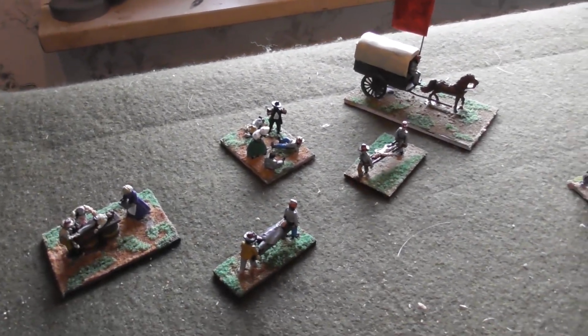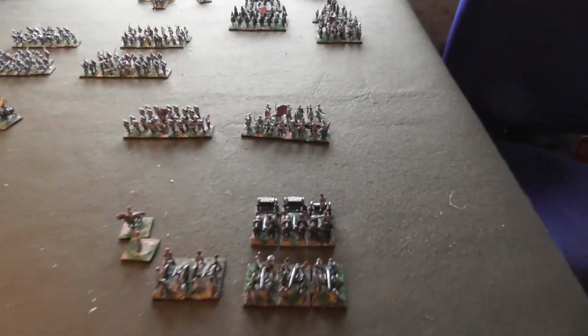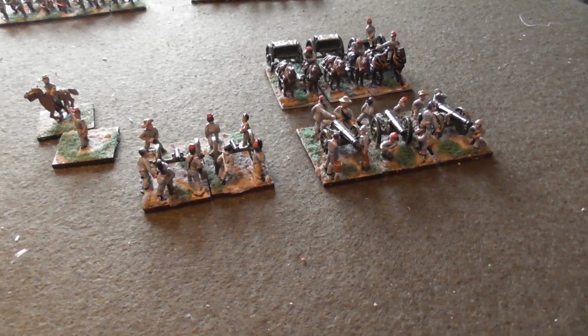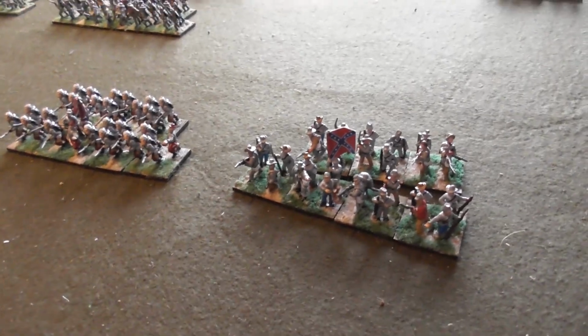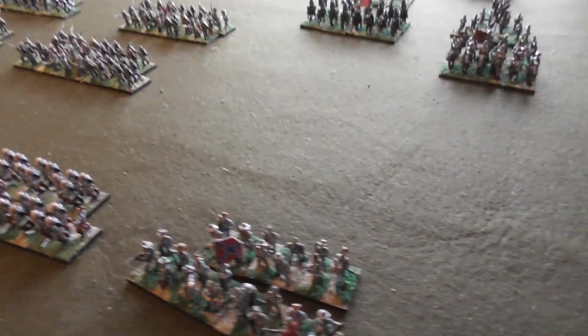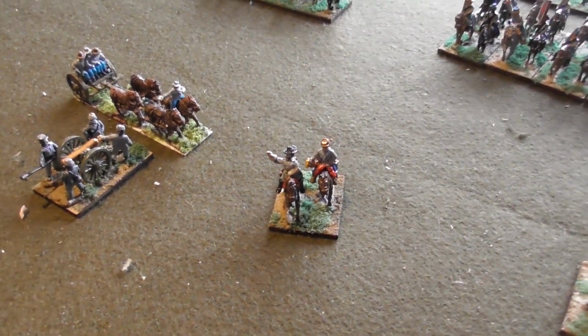In the back corner as an extra we have my Rebel hospital set, and then around here we have, I suppose you could call them army guns, including a couple of commanders and a couple of excess regiments, one of Zouaves and another of generic Rebel infantry. Then we move on to General J.E.B. Stuart with his horse gun